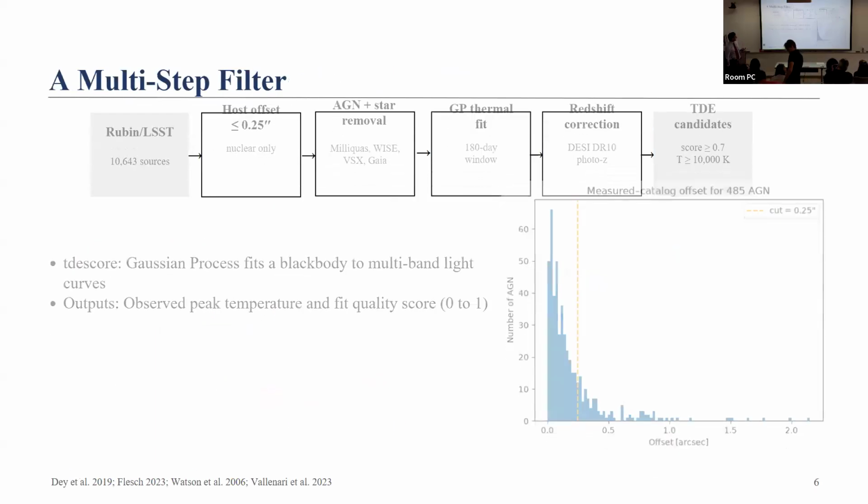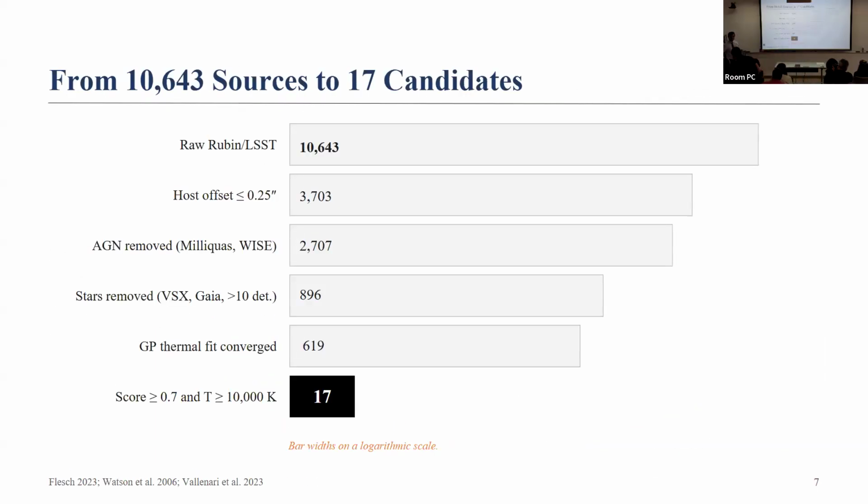So you had, like you said, 10,600 sources, and the 3,000, the 2,000, the 900 is all that was filtered out of that 10,000, right? Yes. And the 600 as well was also filtered out of that. So how did you get 17? Because I'm adding up the numbers and they don't add up to 10,000. What happened to the other sources?